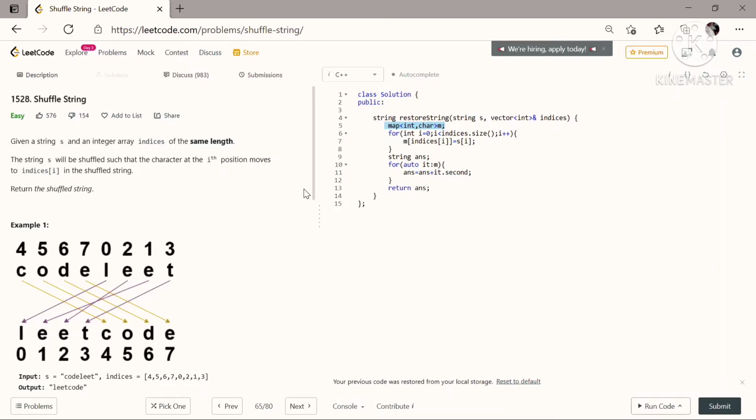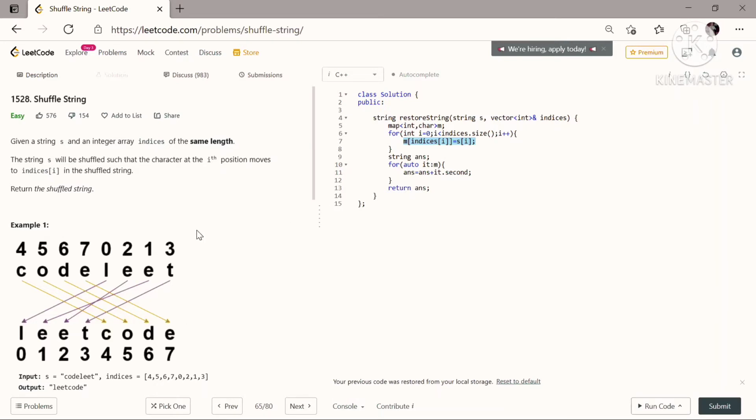Then in the second iteration, when I is equal to 1, map of 5 is equal to O. In this way, all the characters are mapped. That is 4 is mapped to C, 5 to O, 6 is mapped to D. Okay, so all these are mapped together.